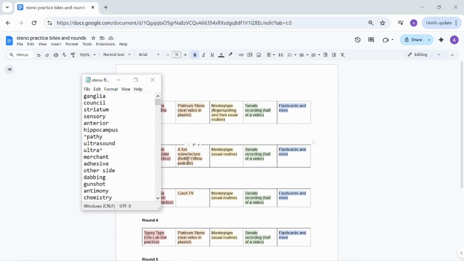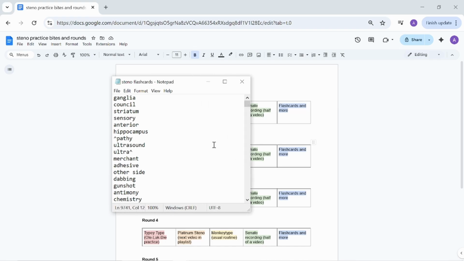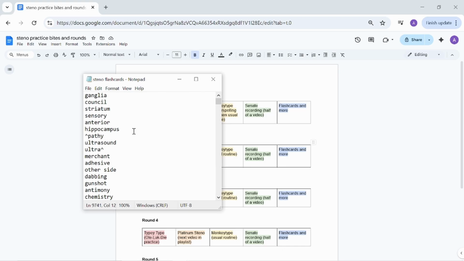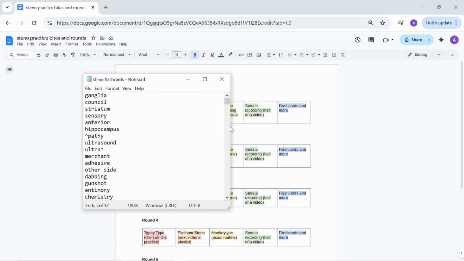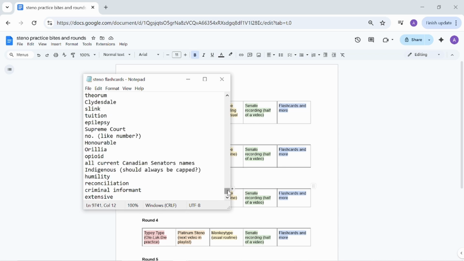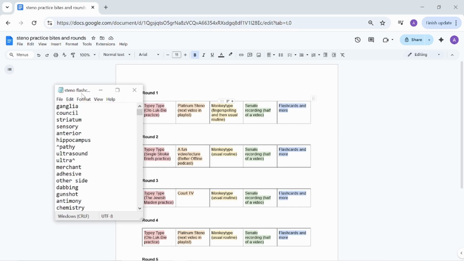All right, so the last thing I'm going to show you all is this little notepad running list that I keep. I love Notepad for everything. I love keeping lists of things. I've been keeping this since probably my 3 months into learning steno, so it's been going for a really long time. Right now there's currently 9,741 words on this list. This list is just a drop zone for any words that I encounter during dictations or practice that I want to make note of.